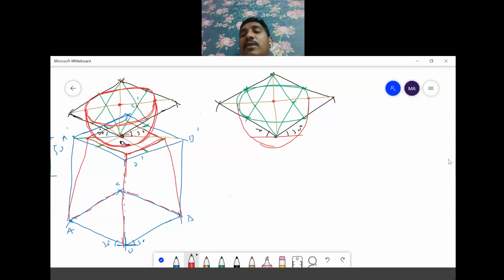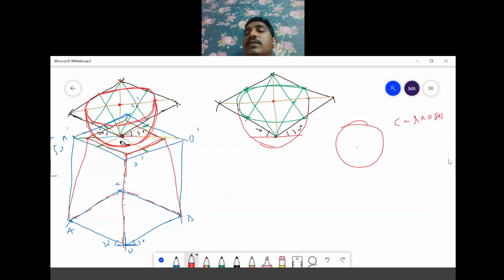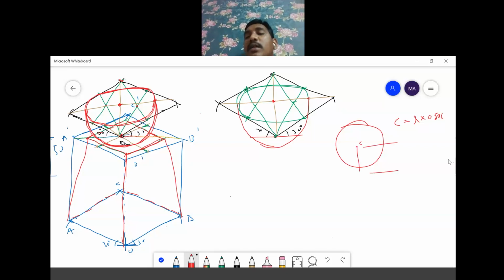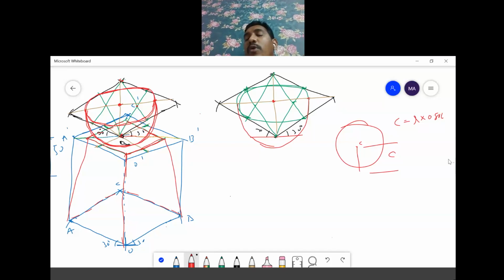For a pyramid, if you want to draw a normal sphere, you have to mark the center of the sphere from where it is resting. For marking the center, the formula is radius into 0.816, that is 9 by 11. Radius into 0.816 gives the distance for marking the center. Understand? That is the formula for the center, r into 0.816 or r into 9 by 11. Okay, is it clear?